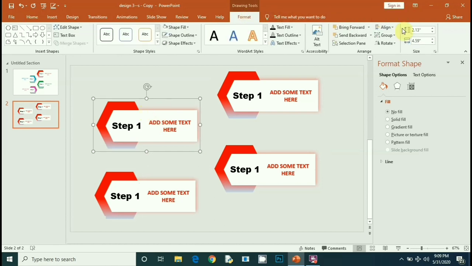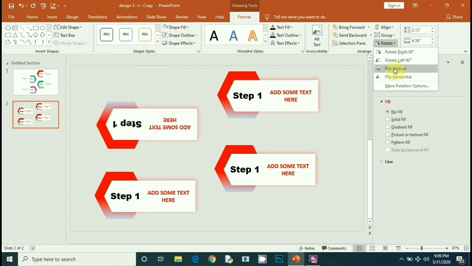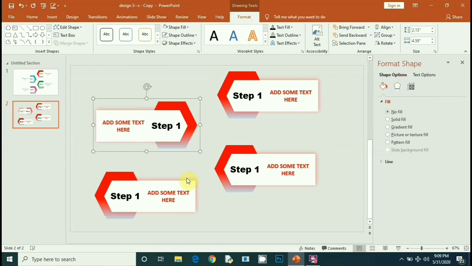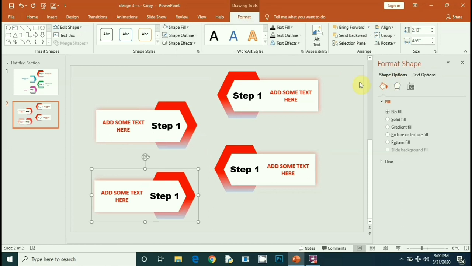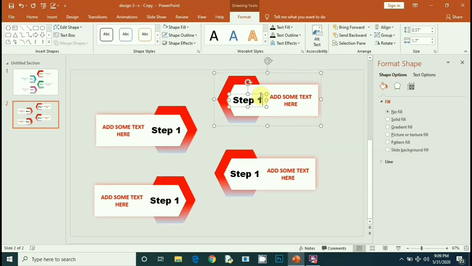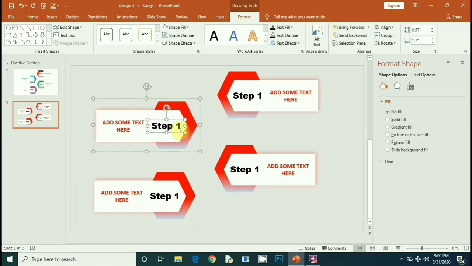Then go to the format, select rotate option and make it flip horizontal, and same process for the last one. Then change the step number in all figures. In the second figure I make it step 2, and third one step 3, and fourth one step 4.